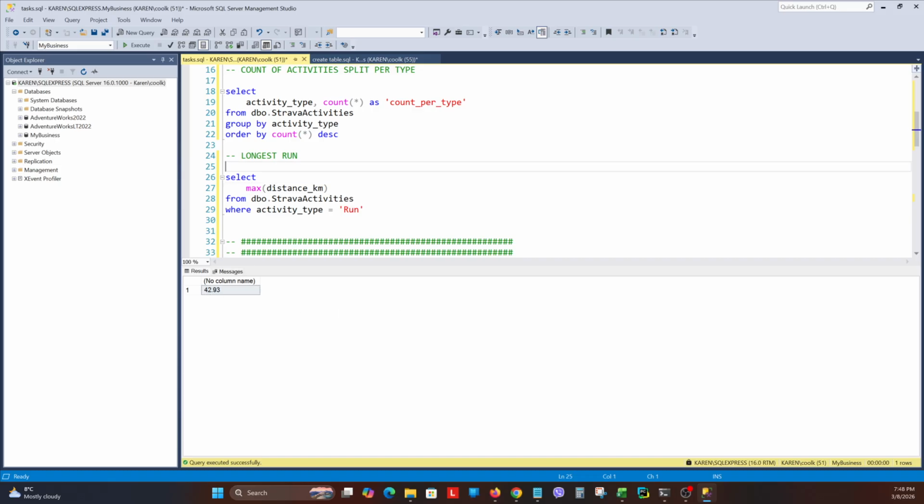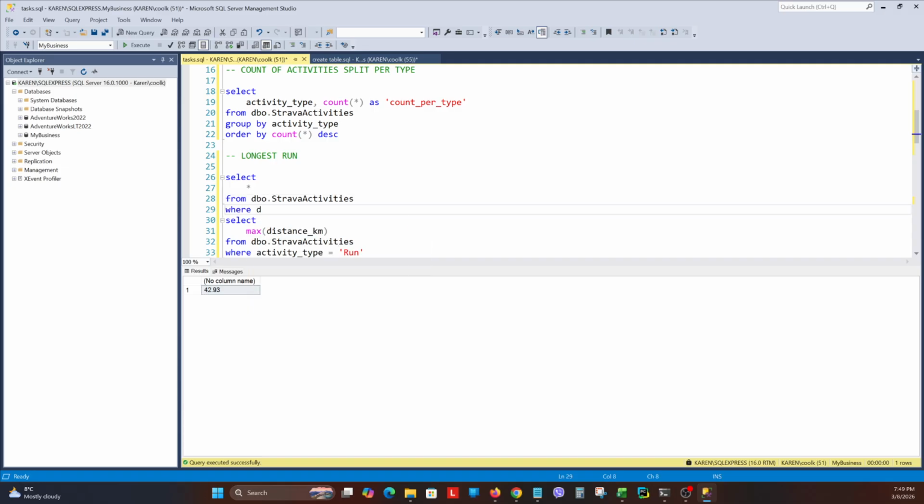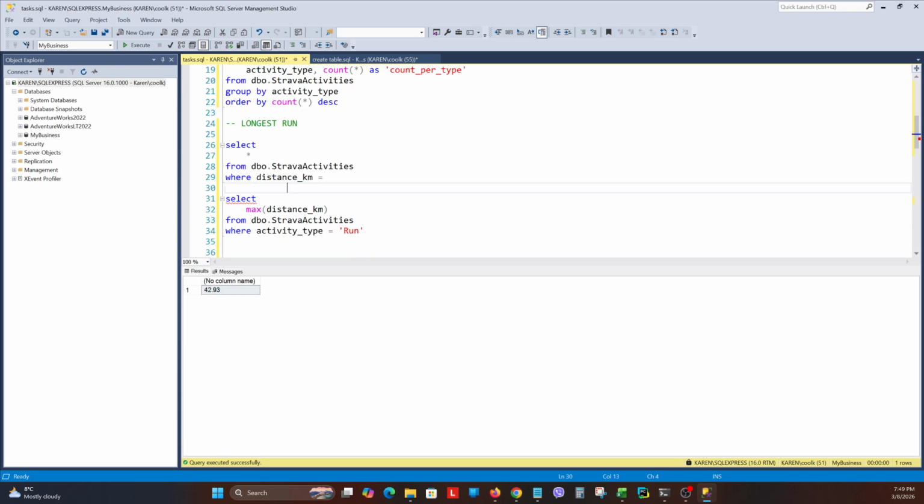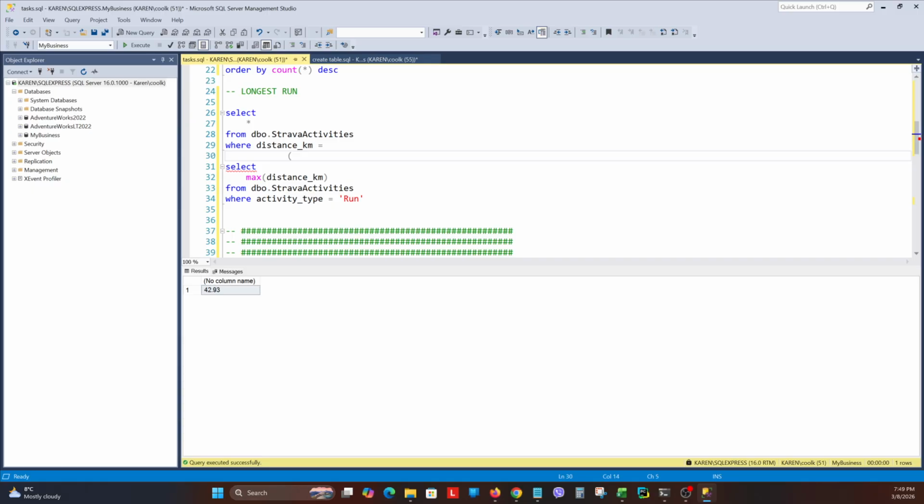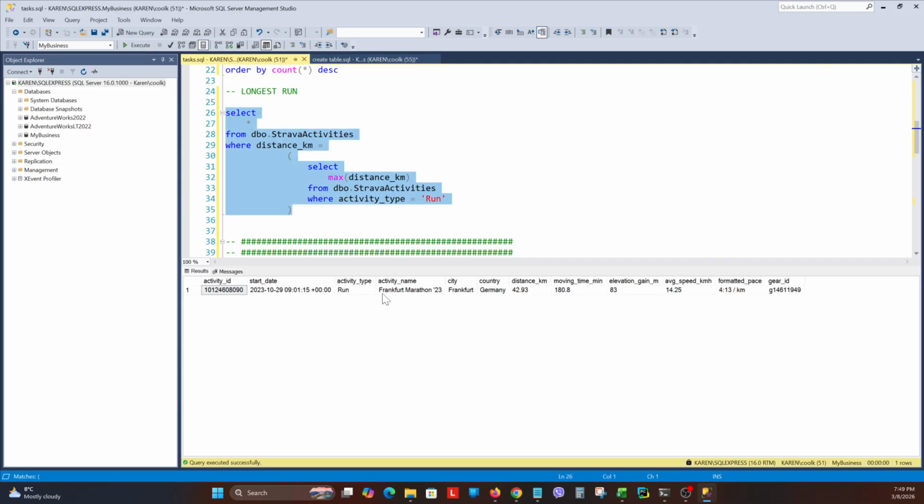To get the entire row, one of the ways will be to use this as a subquery, right? So I can write select star from DBO Strava activities where distance underscore kilometers equals, and here in parentheses I will use this inner select as subquery, and let's indent it a little bit to look better. And if I run this, and it returns Frankfurt Marathon in year 2023, where I believe I finished just outside